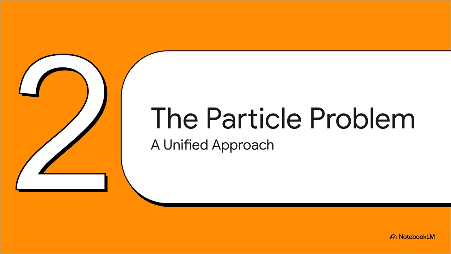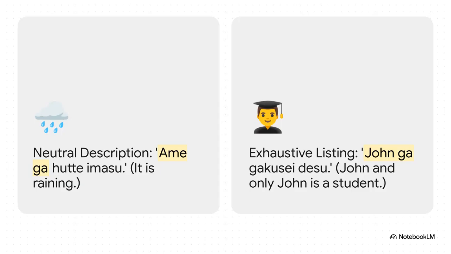So the framework handles our shika-nai problem. But the real test of a theory, right, is how it scales. And its power really shines when we apply it to those notoriously difficult Japanese particles, ga, wa, and mo. Let's start with the particle ga. The linguist Susumu Kuno famously laid this out back in '73. Ga can have two totally different readings. It can give you a simple, neutral description like, it is raining, no big deal.